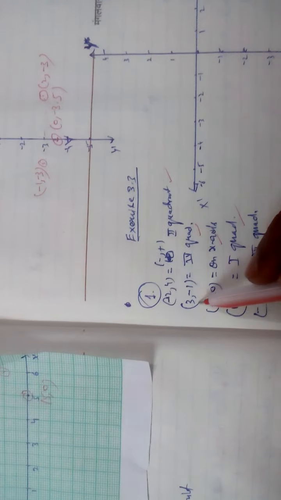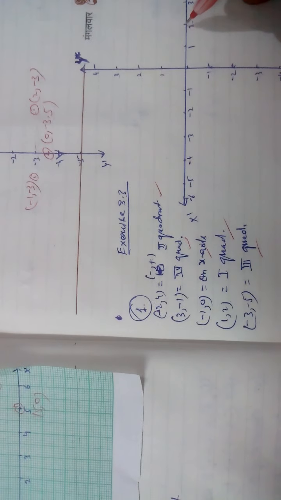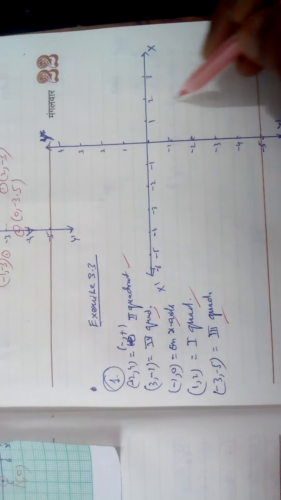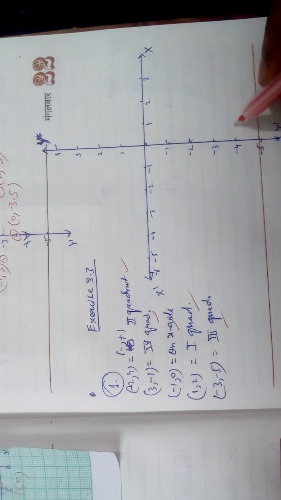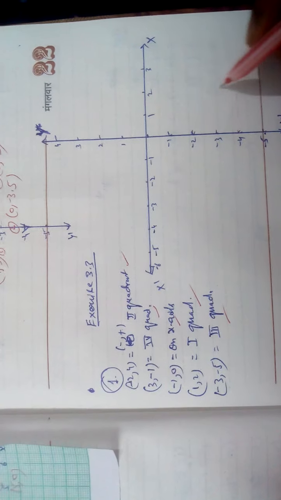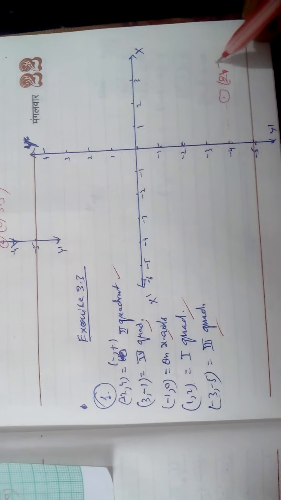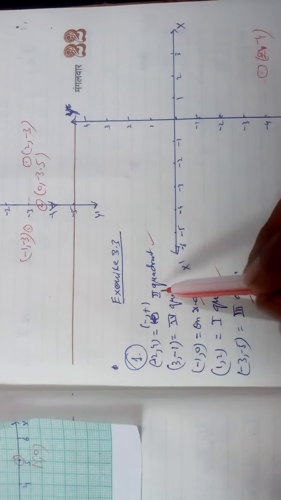Verify it. Verify means -2 comma 4. -2, and then we will come down. I have drawn this by scale, not using the graph. For -2 comma -4, you see, you are getting it at this place. It is the point -2 comma -4. So this is which quadrant?